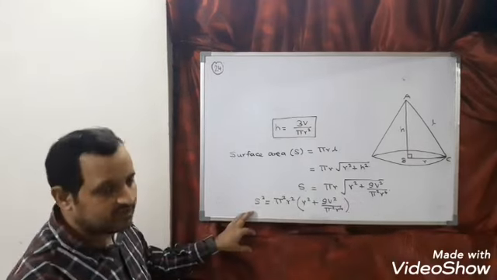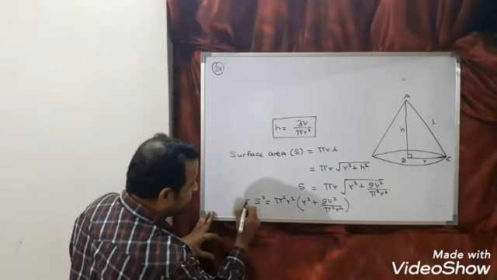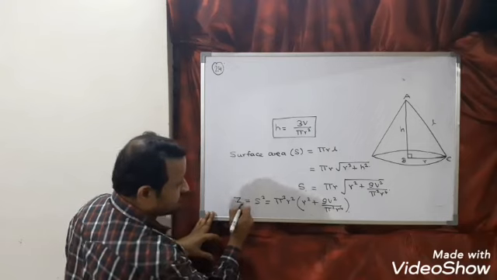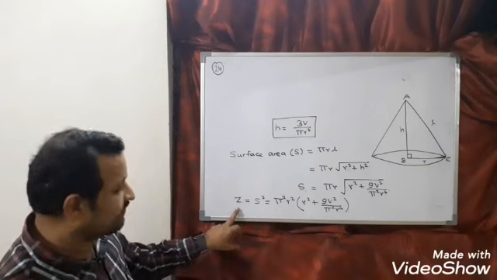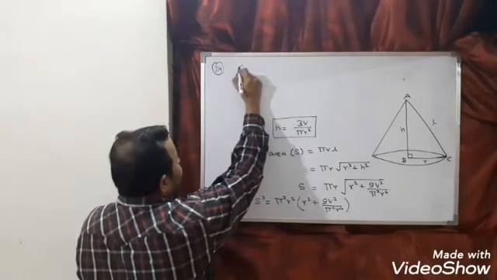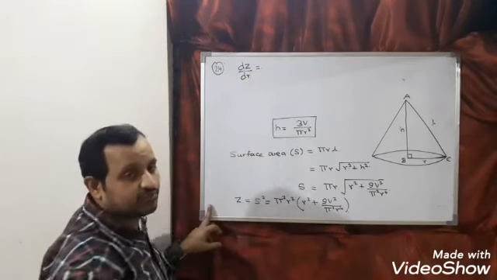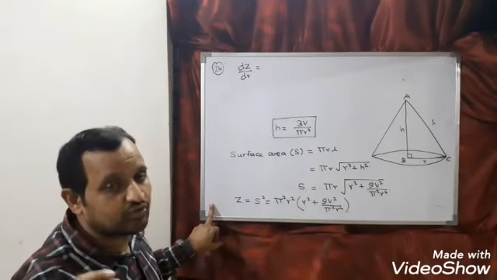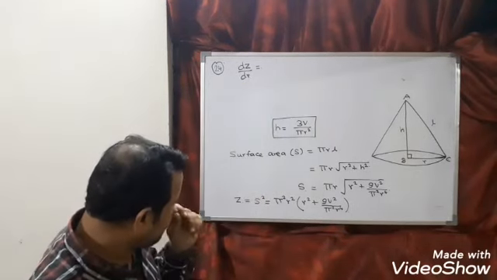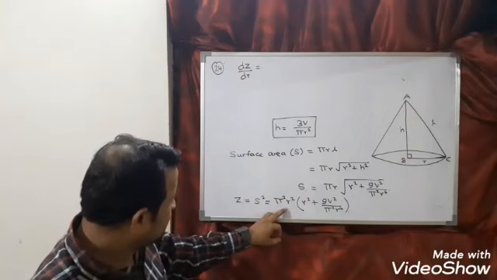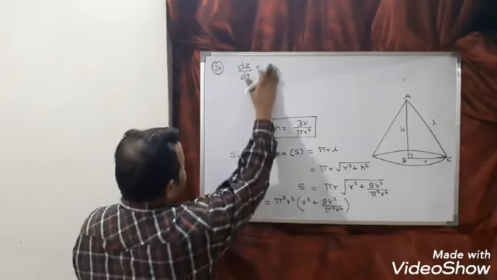Right. Now we have to differentiate this. What I am doing here is, this s square I am assuming to be z, to make the calculation easier. Now you differentiate z, so here I can say dz by dr, since we have to prove height is equal to root 2 times radius, so differentiate with respect to r. Before differentiating, let us simplify further.